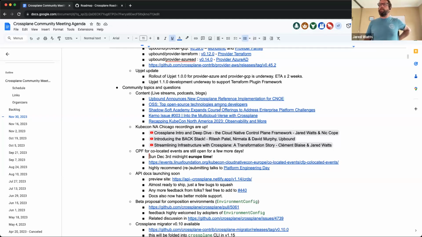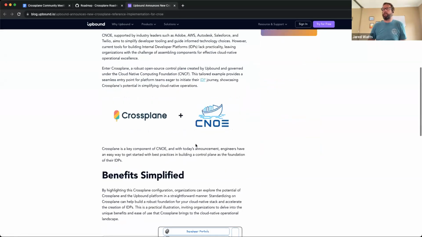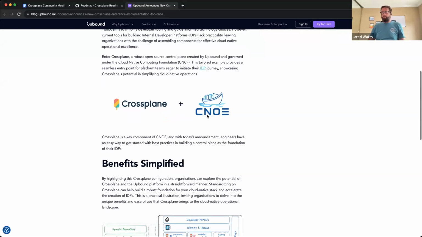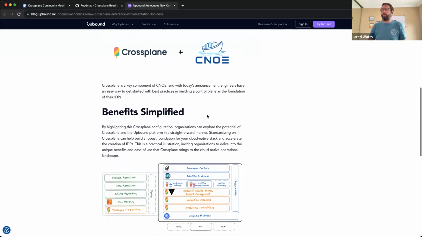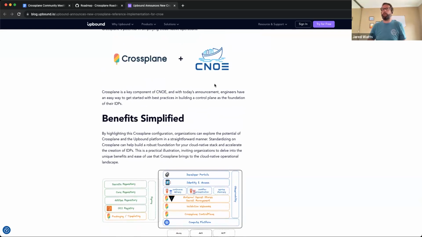The team at Upbound wrote a new Crossplane reference architecture that is kind of in the vein of the cloud native operational excellence effort that a lot of folks like AWS and other companies have been building. So a reference architecture to be able to deploy cloud native architecture resources with Crossplane that fits the theme of what the new effort's doing. So this is a quick way to get onboarded and moving pretty quick, accelerating the journey there. So happy to see feedback on that one.